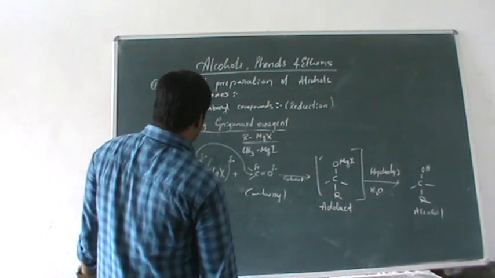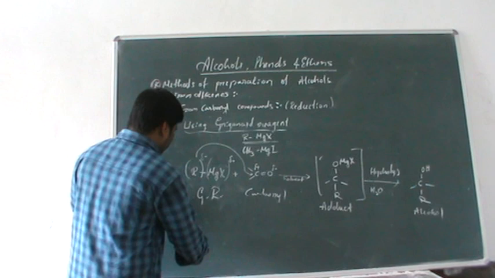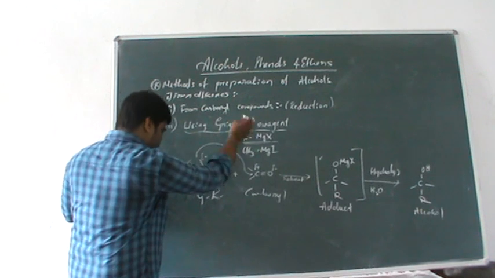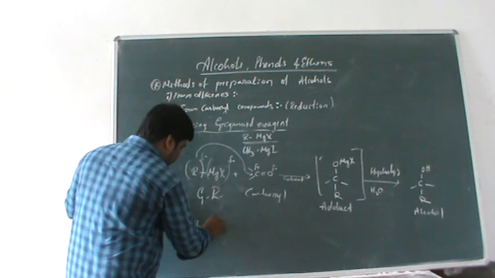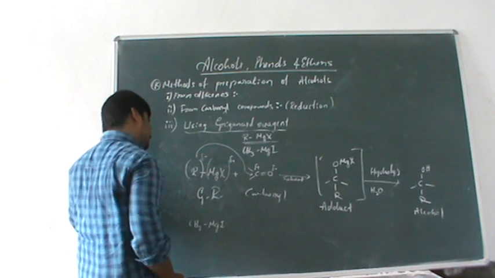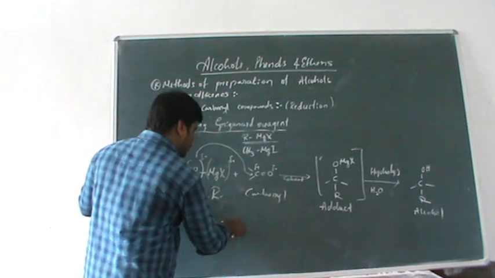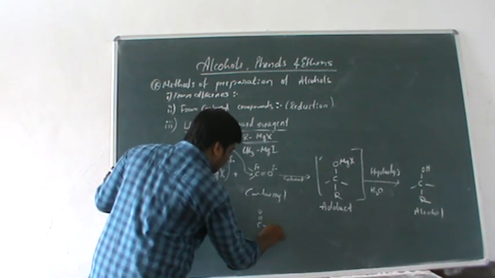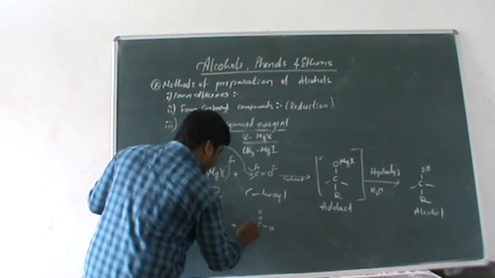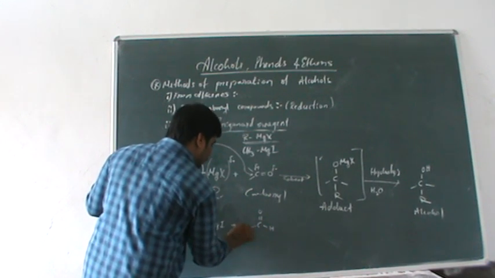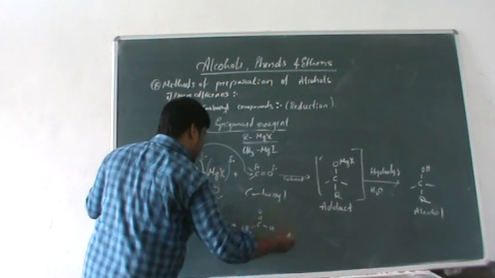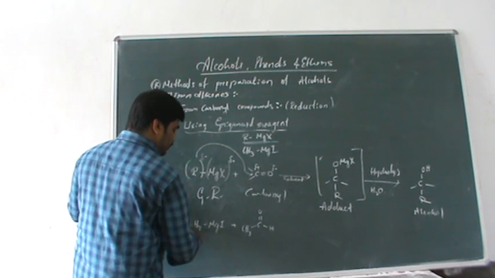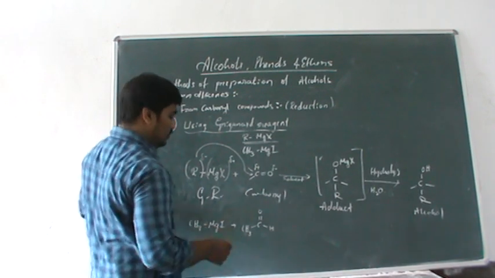Okay, very important. I am considering one example. This is methyl magnesium iodide. I am considering the same methyl magnesium iodide Grignard reagent plus carbonyl compounds. If the carbonyl compound contains hydrogen, then it becomes an aldehyde. The other side contains R, maybe CH3, C2H5, or any homologue of alkyl. CH3 and CH3 become R and R, the same. It may be different, R and R dash. Okay, there is a possibility.